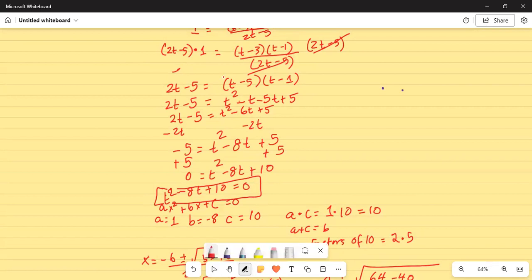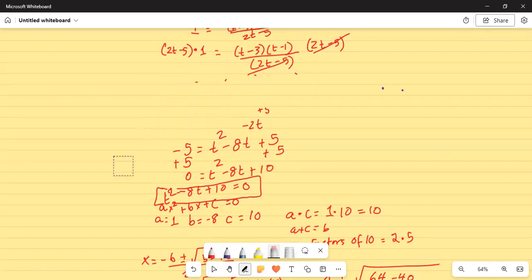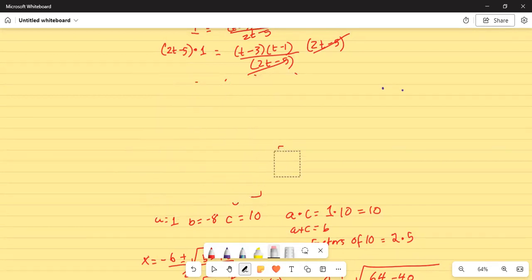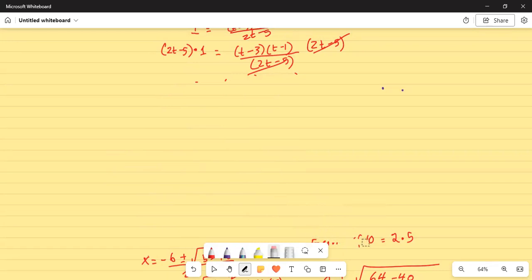That's why I was surprised when I was getting... So from here, there's some mistake. I made it t minus 5 times t minus 1. That is not the case here. I'll erase the rest a little later. So my mistake was